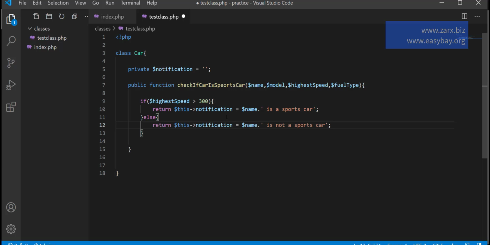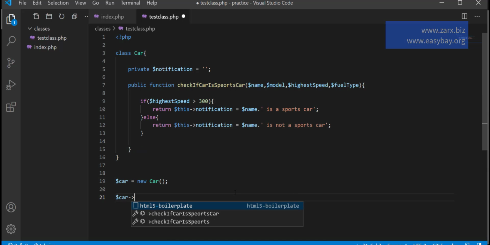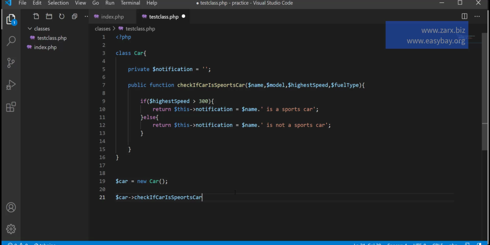All right, so let's see what happens. To check, we are going to put some data into this function. So we are going to instantiate this car class. So I'm going to create an object here. For that, I'm going to say $car, and I will call the function check if the car is a sports car. So here, let's pass a few parameters. I'm not well aware of all the car models, but let's try. So I've put here